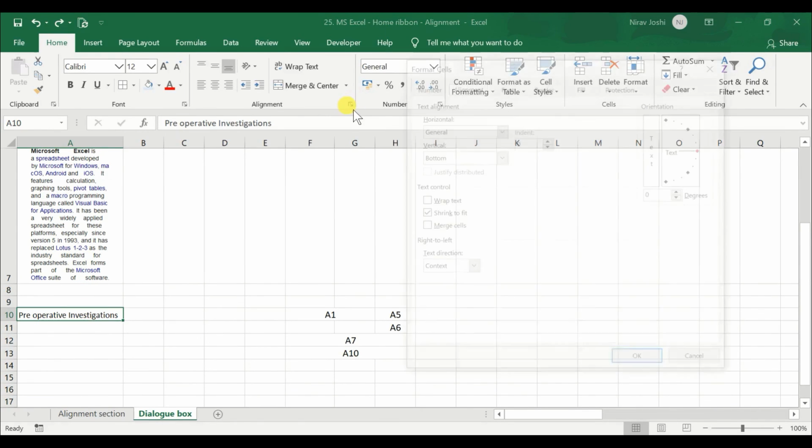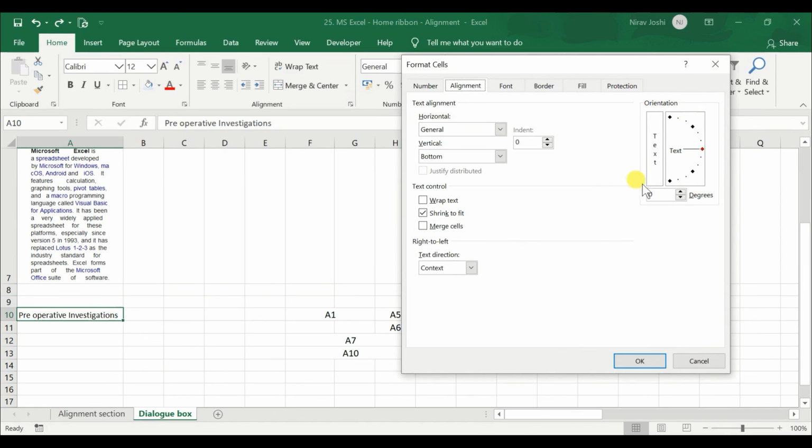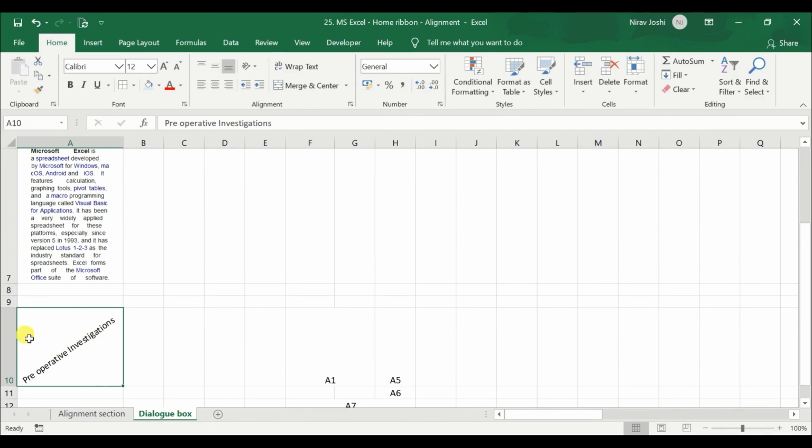Next, we have this orientation section where we can vertically align the text without rotating the individual letters, or we can also get it to an angular pattern. So if we set it to 30 degrees or manually suppose 35 degrees and press OK, it will get aligned in that angular manner. So it is similar to this one, but we can customize the angle by this section.